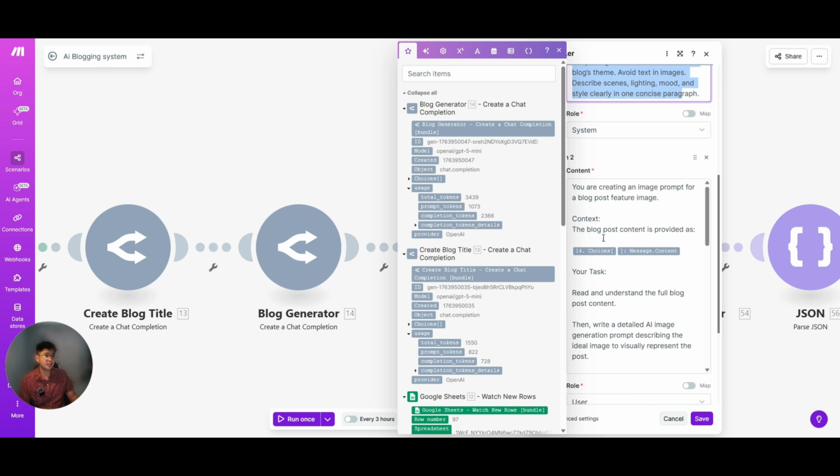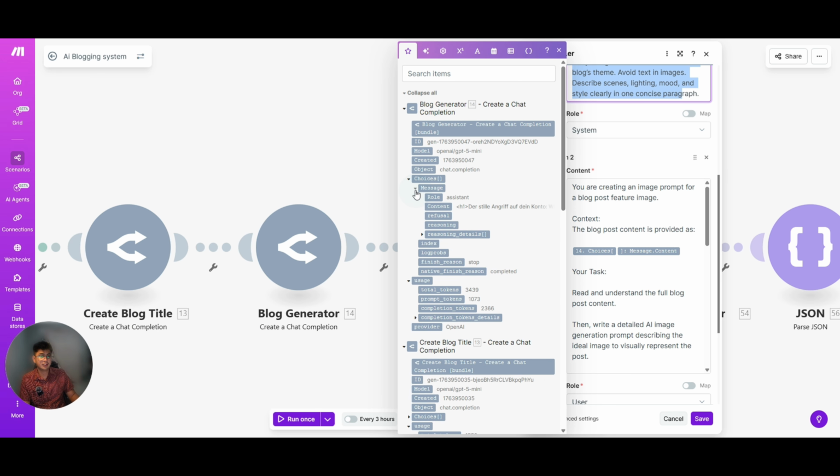So for the context, the blog post content is as provided, which I map from the blog generator under these choices, this message, and this content.